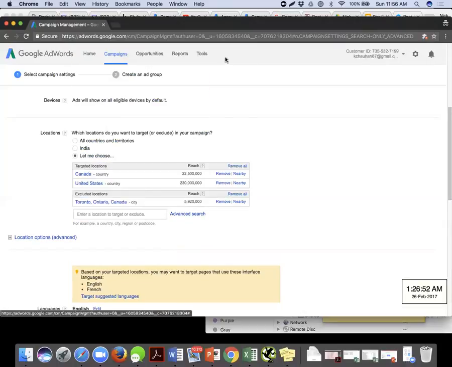So what is happening? The entire Canadian country is being targeted by me, and then I'm excluding only one city of the entire Canada region, which is Toronto. Makes sense? The inclusion and the exclusion. Entire country is chosen, but one of the cities has been excluded across. Now this is country level targeting. I can do a city level and city level exclusion.